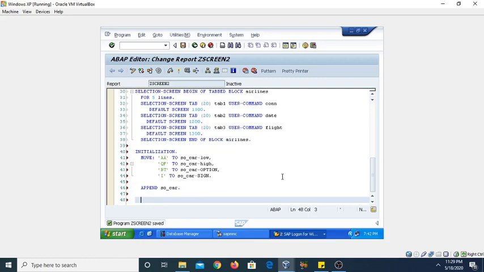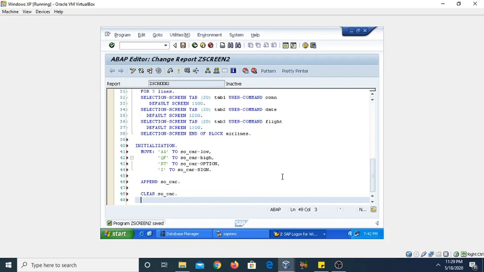Now clear this SO underscore char and then again enter the values into the data object. Move column. This is our AZ to SO underscore char low value.